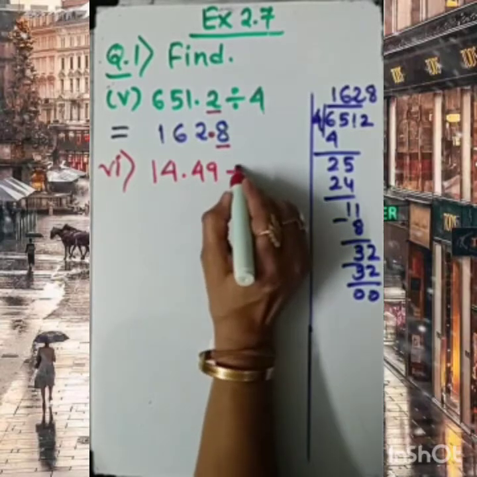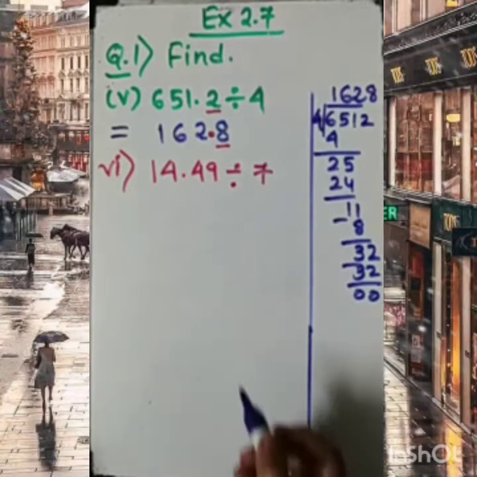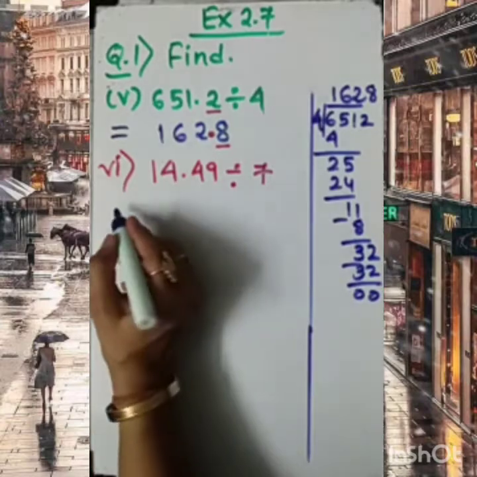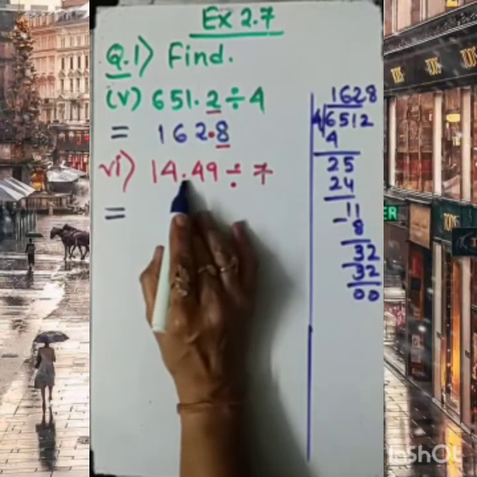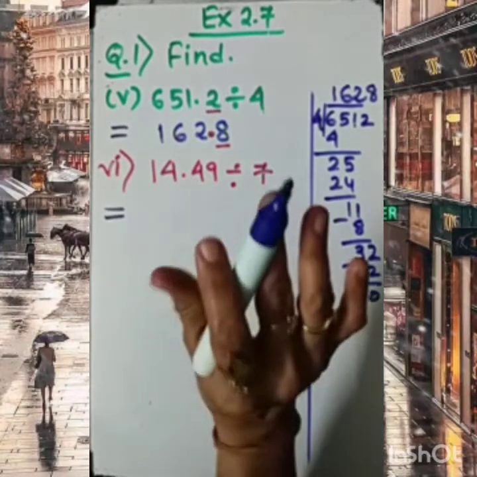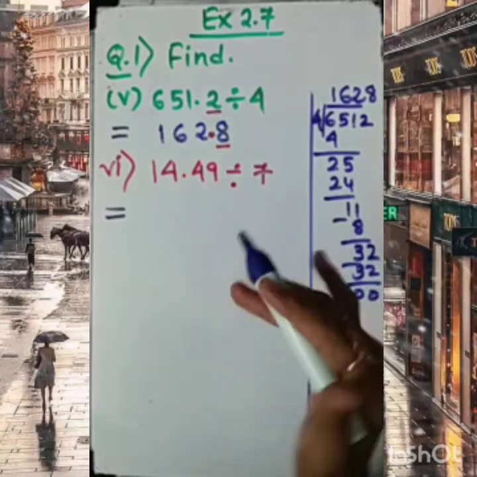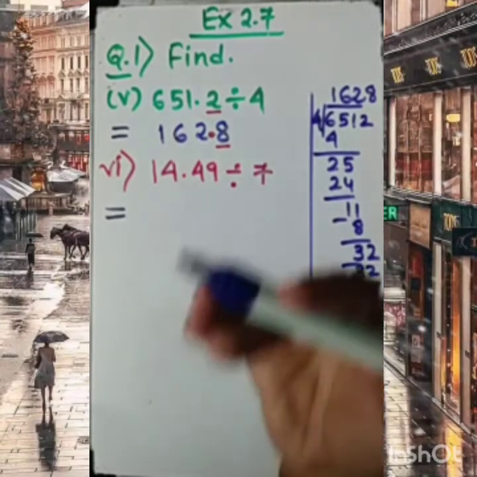14.49 divided by 7. Again I have to carry out the division procedure for that. Even so, you can do it directly also. I can show you this here directly. See how to do it. Forget this decimal for a while. Now do the calculation in your mind. This is also a technique, because I am drawing you one step further.